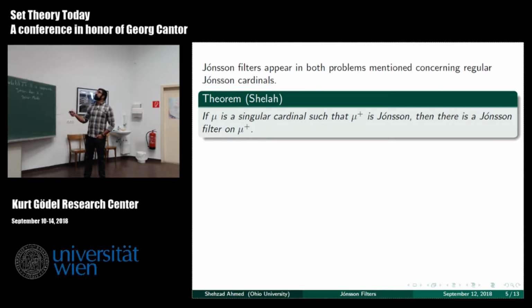So here we have a theorem of Shelah that says that if μ is singular, so that μ^+ is Jónsson, then there's a Jónsson filter on μ^+. And in fact, this filter is dual to a nice club guessing ideal. They arise rather naturally, and that's where the notion of using that coloring came from. I do want to note here that capturing the range of a coloring is almost the opposite of Ramsey ultrafilterness. It's on the other end.